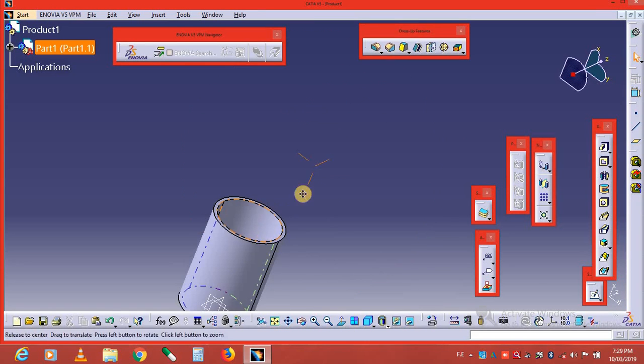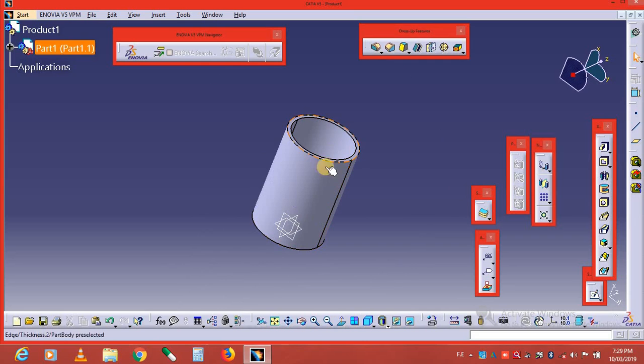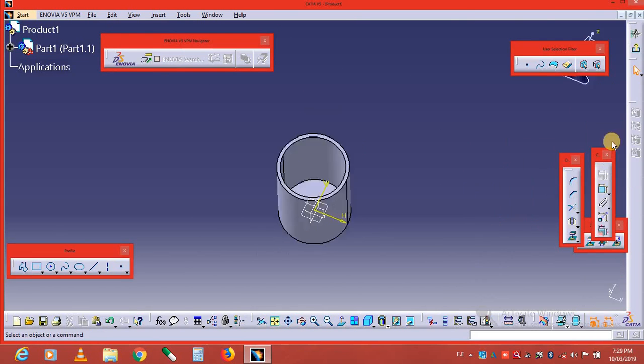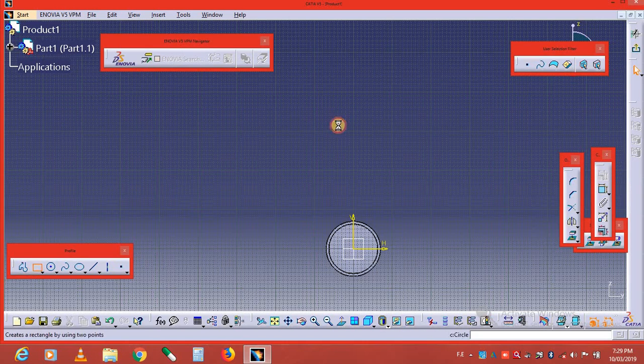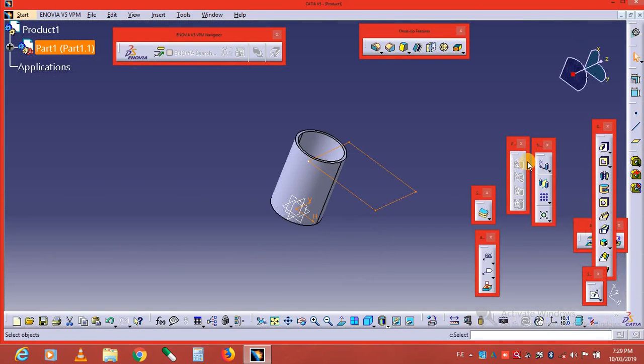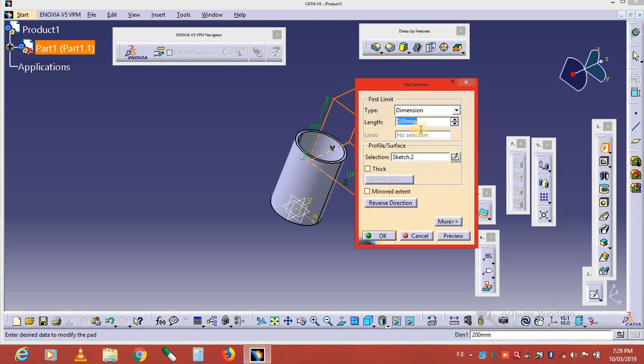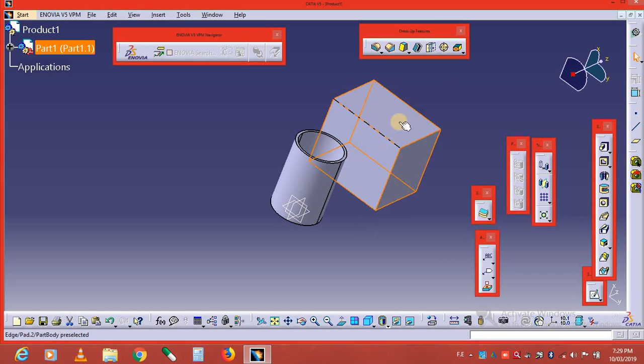We use this command on the square also, hexagon also. Selecting this plane, we take a square or rectangle, going to the pad, and pad it 200, OK, and going to the